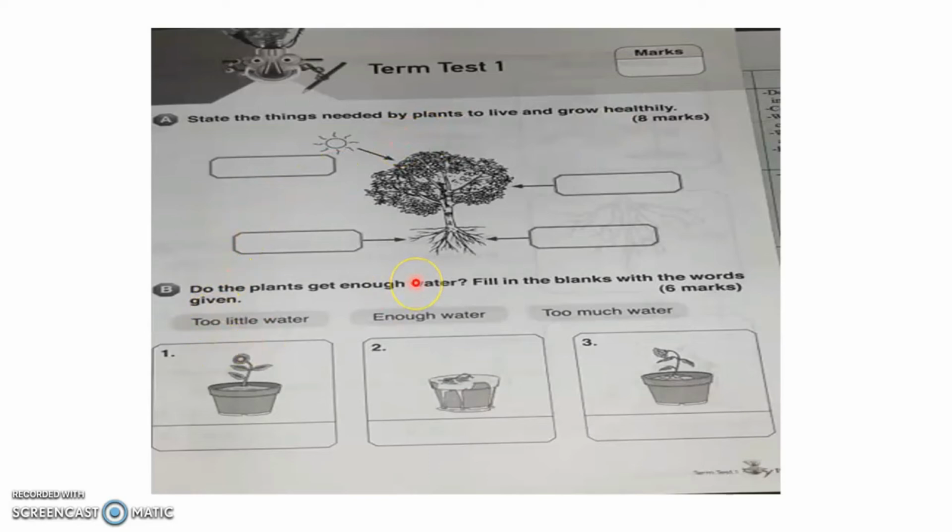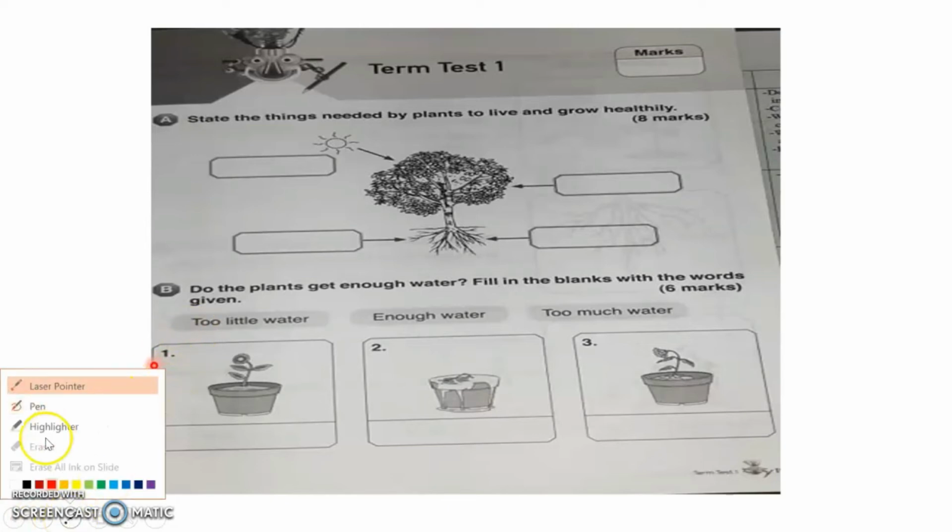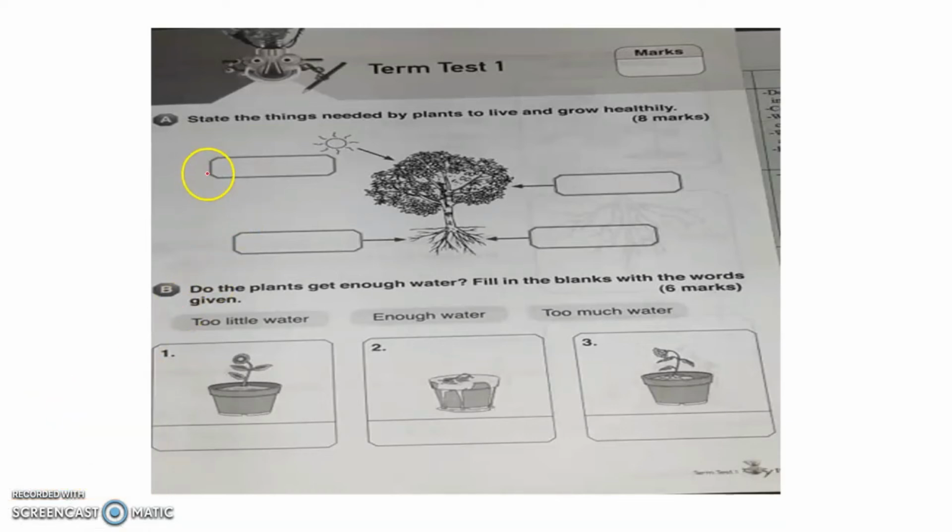Okay, I'm going to write the answer here. Okay, I give you a hint so that you have an idea what you are going to do. Okay, so in here you answer